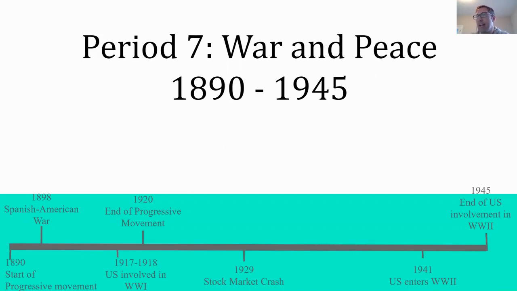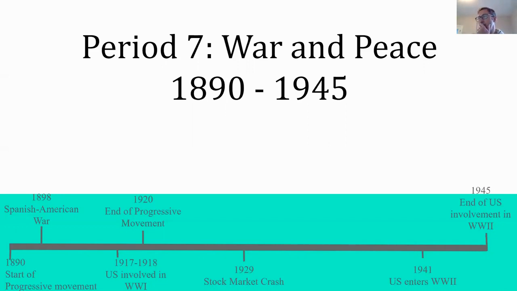We see that in 1890 with the start of the antitrust movement and the movement at local levels to try to get government to reform some of the problems that they see happening as a result of big business. And then it is going to take us all the way through the end of World War II, where we see America's role in the world dramatically shifting.